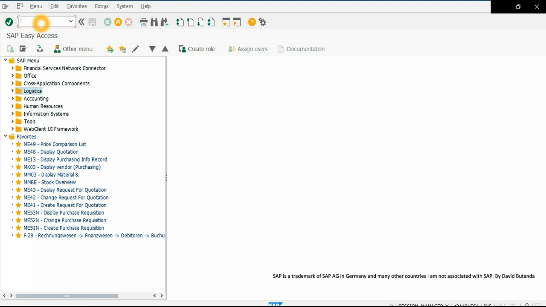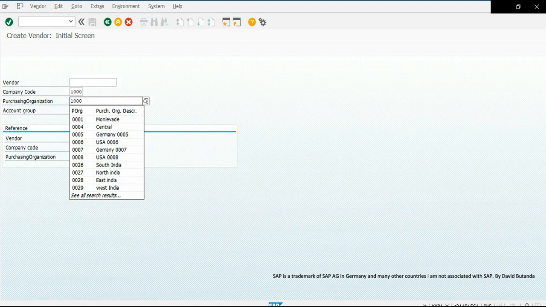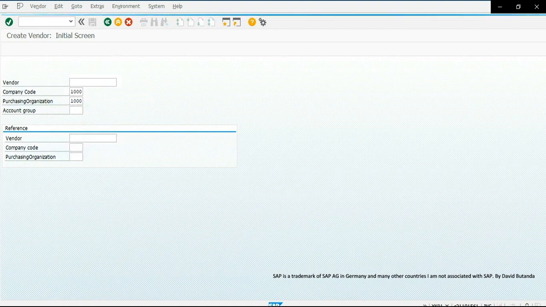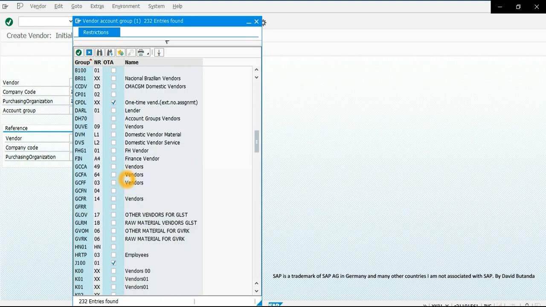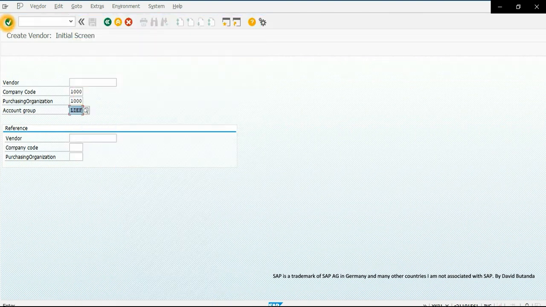the master data level. So we are going to create a vendor in transaction code SK01. And here we do not enter anything. The system is going to create an internal number. So we only enter the company code 1000 and the purchasing organization 1000 also. And in the account group, it is important that we select a specific account group created for vendors. This is the account group that we require, LIF, so I select it, and I click on continue, and I